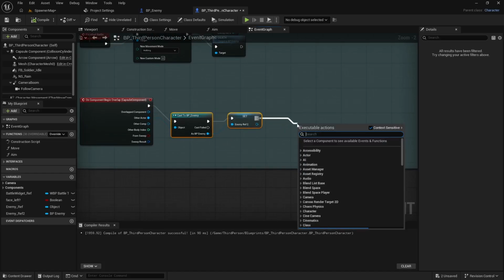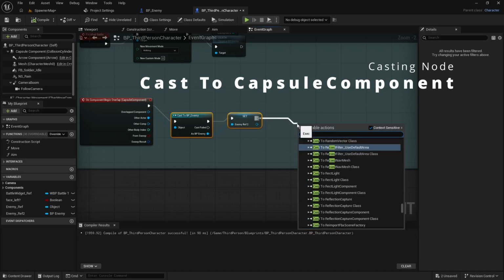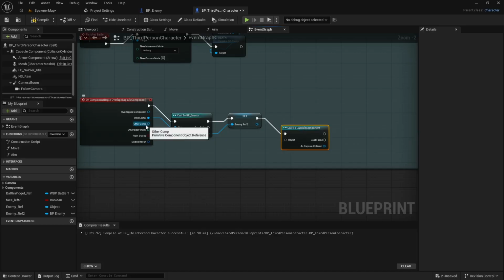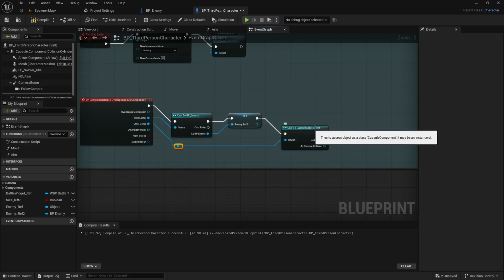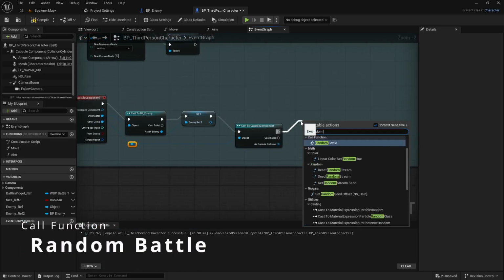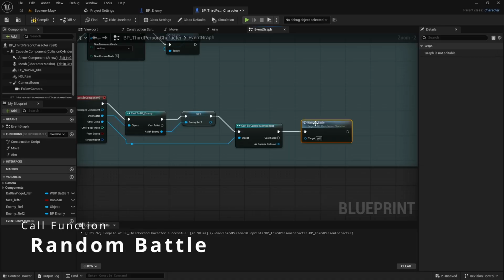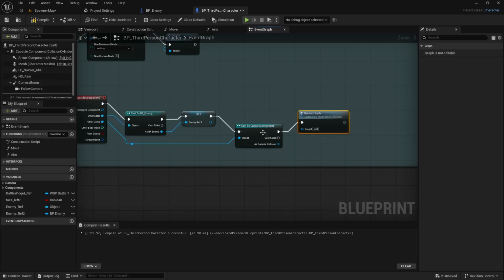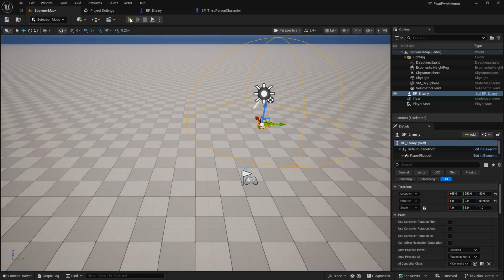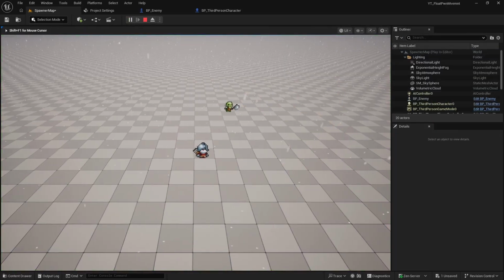come into another cast to capsule component, and then we can pass the other component list here into this object field. And then if this comes into a true evaluation, we can call random battle, and that will work. So now if we compile and save, I have my little orc, and if I move